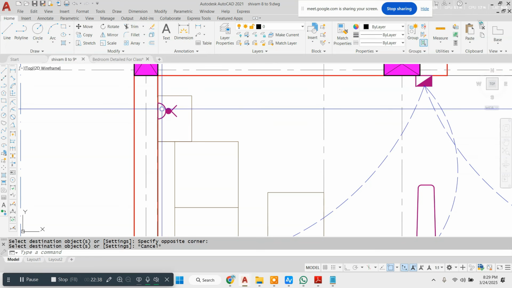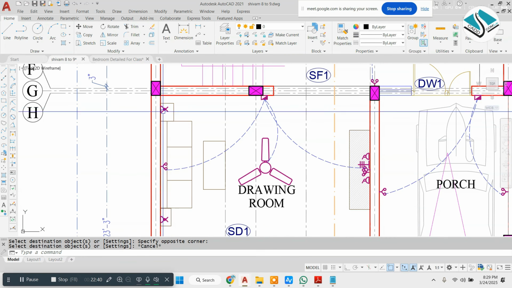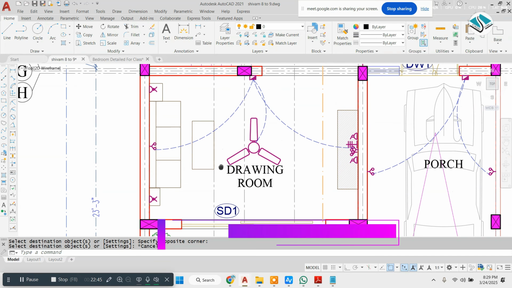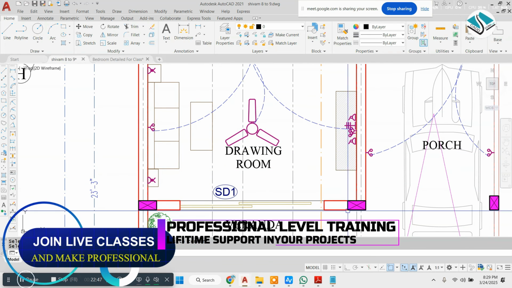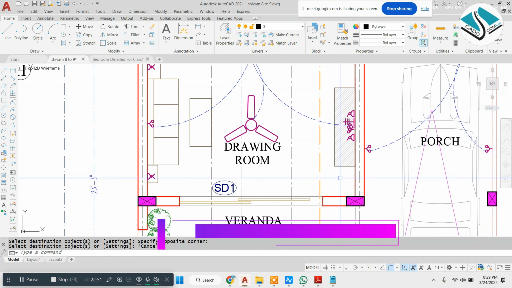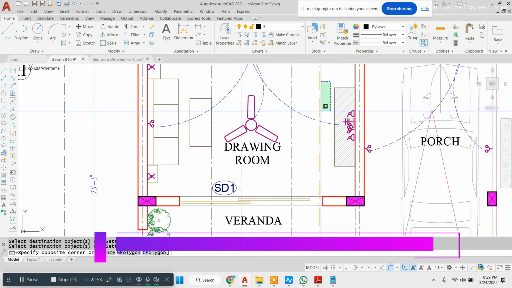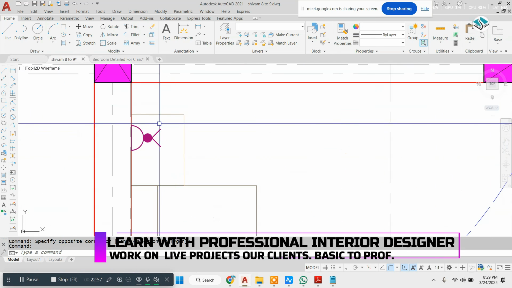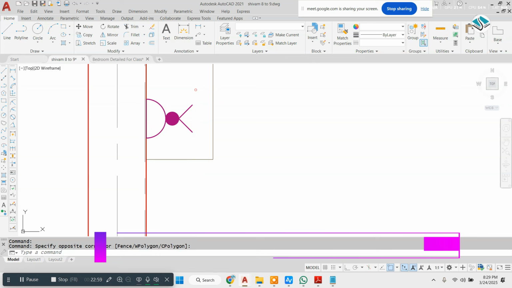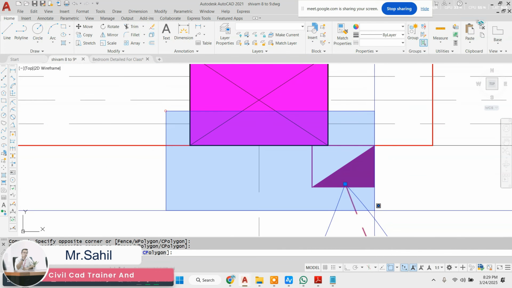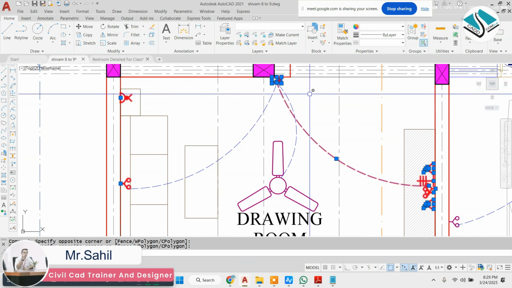So also we will use a board here, and same here. If you are going to mention an AC point, so also we will use an AC point. So all these items that we are going to mention in our drawing is completely depending on the requirement. Simple is this. But the point is, you should have a table, and also you should